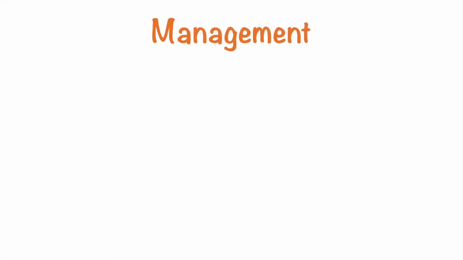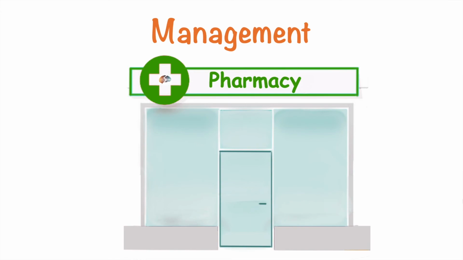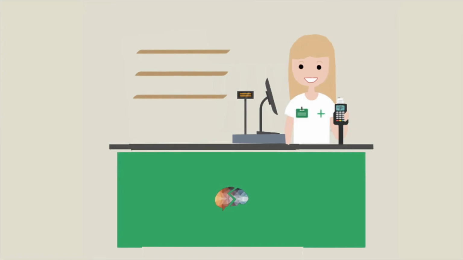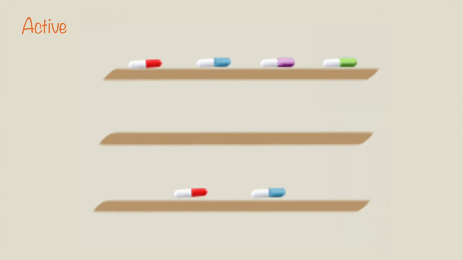Moving on to the management of tuberculosis. Let's take a trip down to Synapse Pharmacy. This is Sina, our pharmacist. The management for active and latent TB are different. Let's start off with active TB. This involves a combination of 4 drugs: rifampicin, isoniazid,